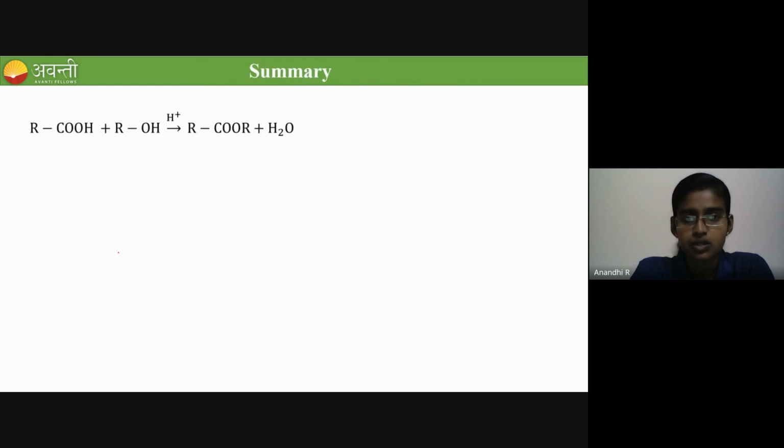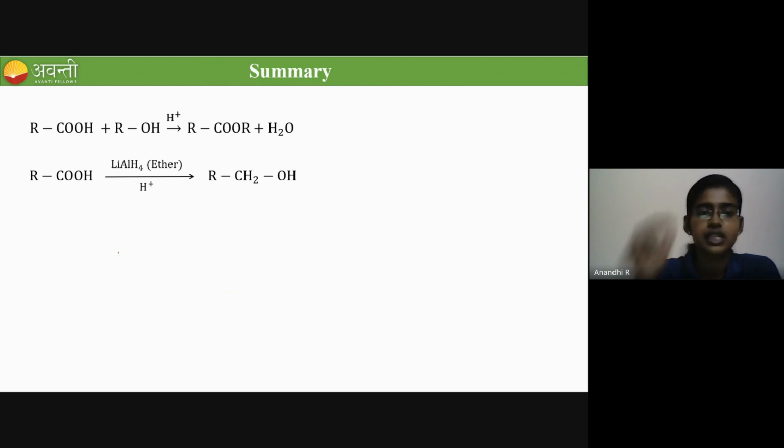So I'll just note down the important reactions along here. First reaction is esterification, which was discussed in the cleavage of the C-O bond, formation of ester: alcohol plus acid forms ester, we have seen. And the reduction of carboxylic acid. This reaction we have seen under the molecule as a whole, right? The whole COOH group gets converted to CH2OH. Under that topic we have discussed